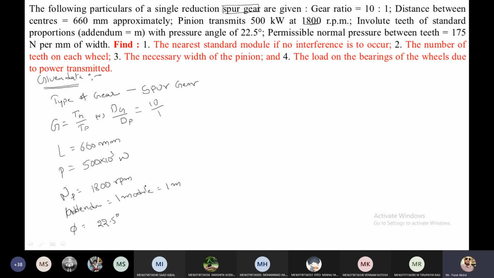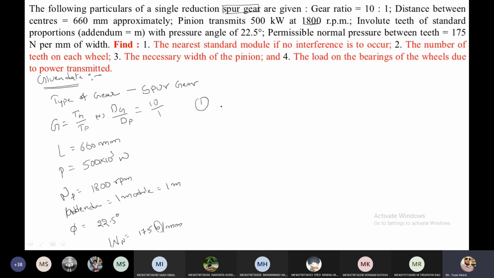Permissible normal pressure between the teeth is given. Normal pressure. So why am I writing W1 instead of pressure? See here, 175 per mm of width. This pressure is given in terms of weight. That's the reason instead of writing pressure, I am writing the normal load. Okay. Now the first question is